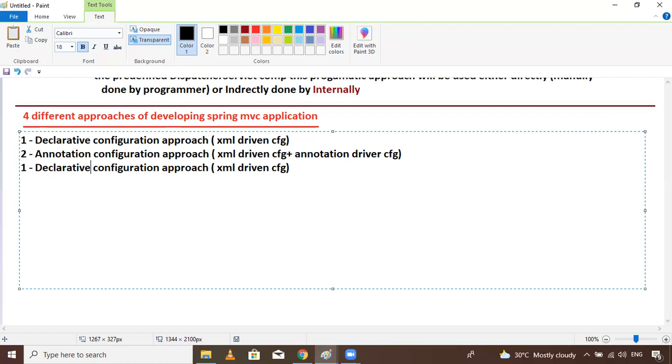And this is the one that is 100% code driven configuration approach. Okay, so here it is not XML, only Java code is there. This is the third, and the fourth is